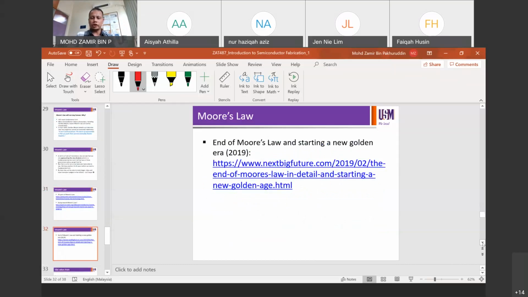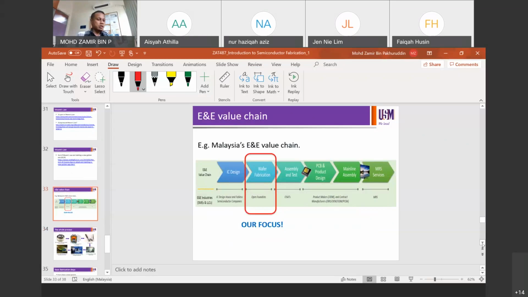And on Moore's law, a start of a new golden era. 2019 article, you can see what's the point there. All right, a little bit more. Malaysia's EE value chain. So we have been talking a lot about TSMC. So to put that in perspective, kita tengah discuss TSMC because it is a wafer fab, right? If you talk about EE value chain worldwide, and to be more specific in Malaysia,